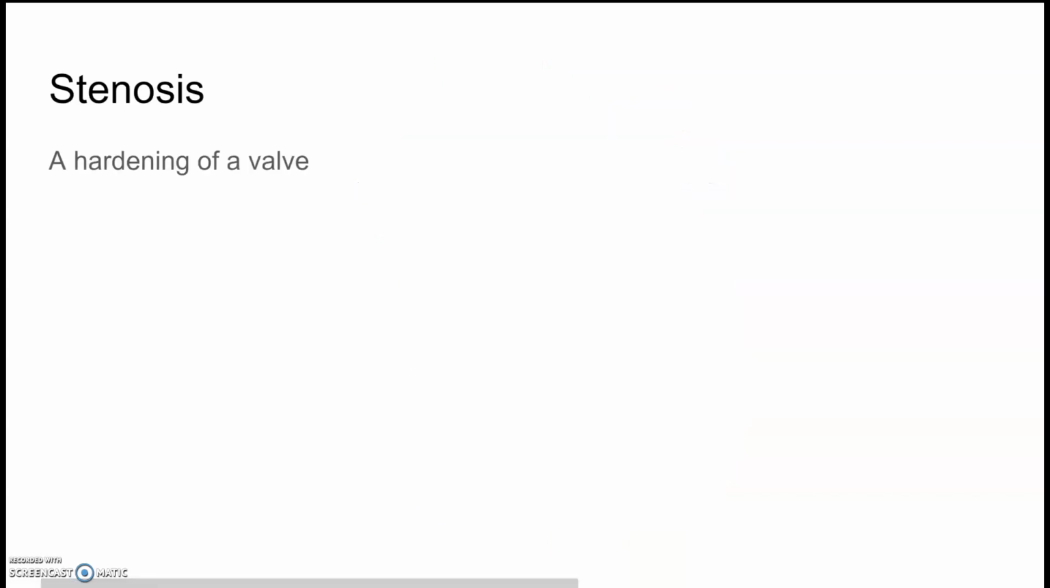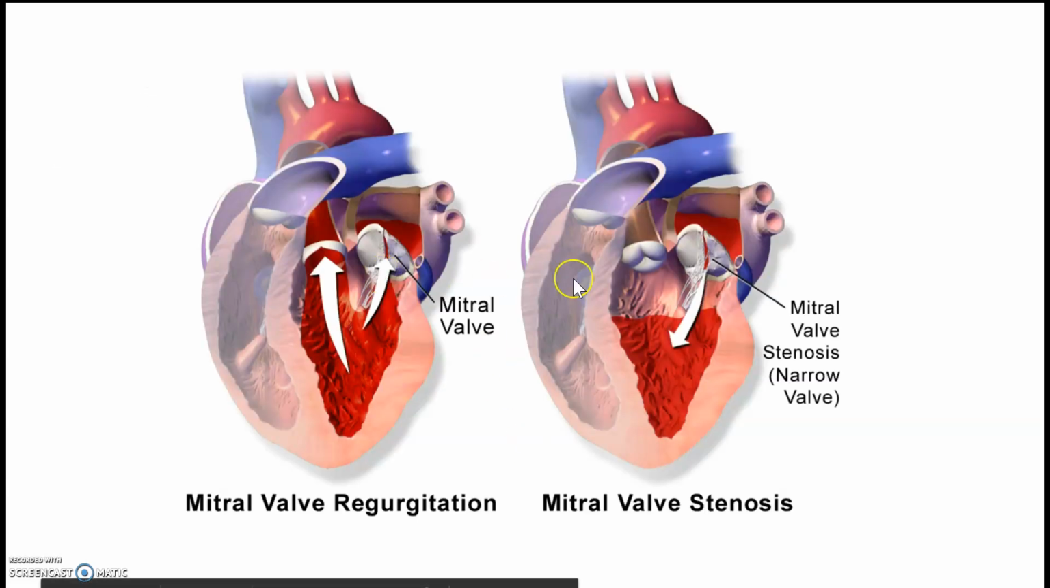So there's 2 things I want to talk about. The first is stenosis. And stenosis is a hardening of a valve. To stenose anything refers to it being hardened. And a hard valve does not allow blood to move properly. Right, if we look at all of the valves, and in particular,